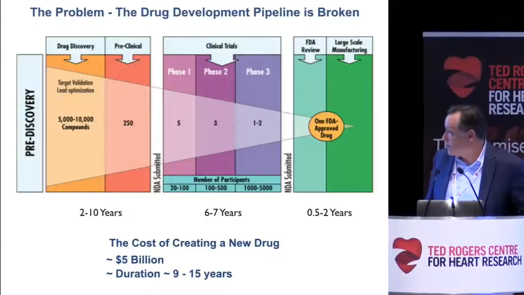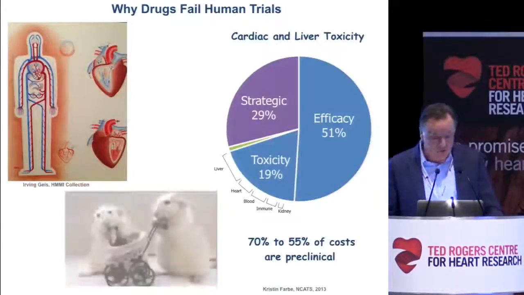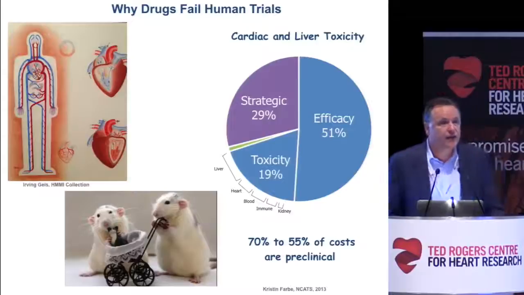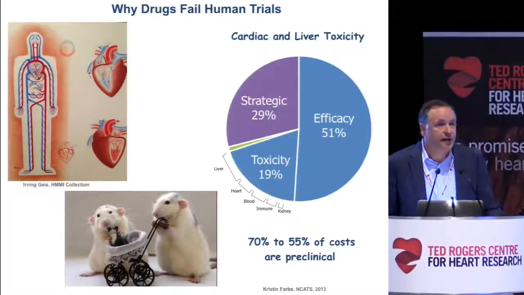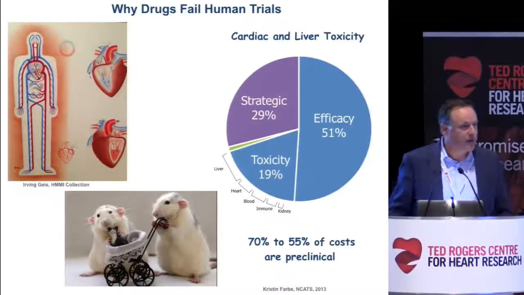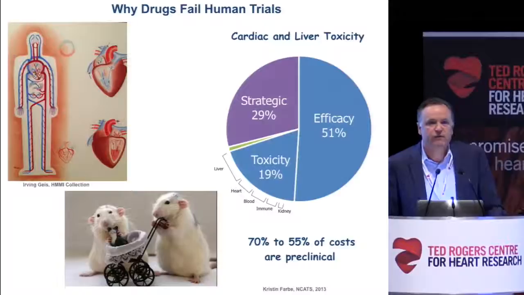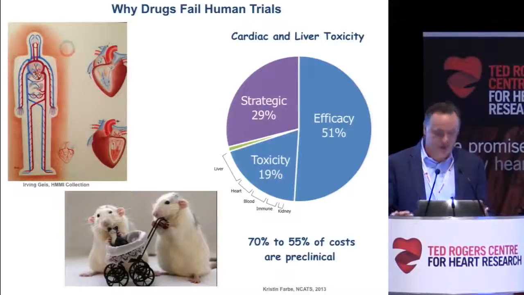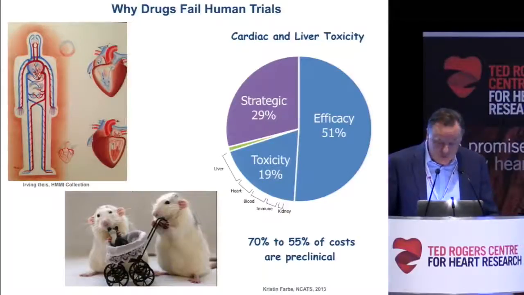$5 billion average per drug development in US dollars. Duration is clear, 9 to 15 years. This is totally unacceptable. Part of the problem is, of course, we rely too heavily on animal models for this type of work. And even though animals want to behave like people, they are not people. It's already been discussed what their differences are: ion channels, differences in their essentially basal biochemistry and physiology.